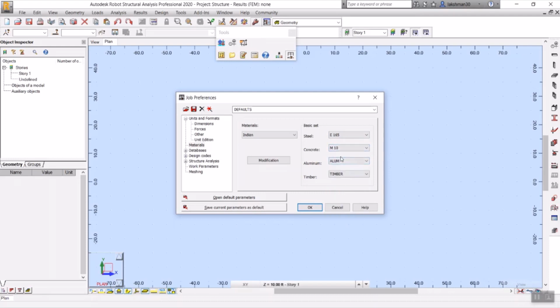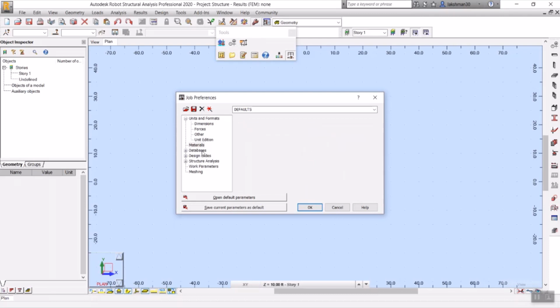and for timber. You can ask me a question: can I change after setting up here, or can I change while I'm working in the project, for different materials and different elements, with different mix ratios? Yes, you can do that also. This is the base where you set for the whole project. If you want to change it, you can set it material-wise also. Yes, this is for materials.